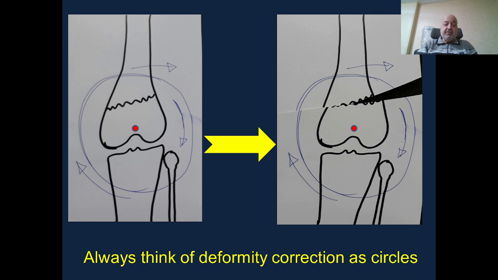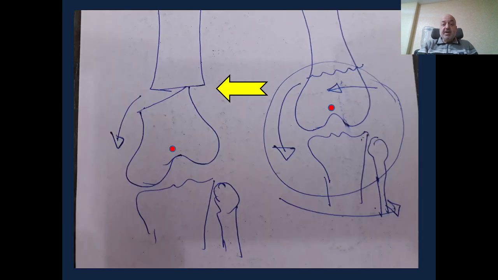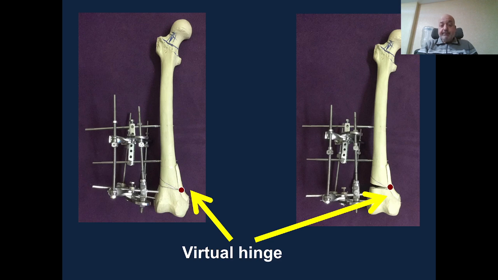So in cases of valgus, we rotate the distal fragment laterally, so the distal fragment will translate laterally. In case of varus, the distal fragment will rotate medially, so it will translate medially. But in our osteotomy technique, the hinge, where the bone rotates around, is located on the medial cortex. So we have a virtual hinge located in the medial cortex. So in doing the osteotomy, we have to maintain integrity of the medial cortical hinge to avoid displacement and to increase stability of